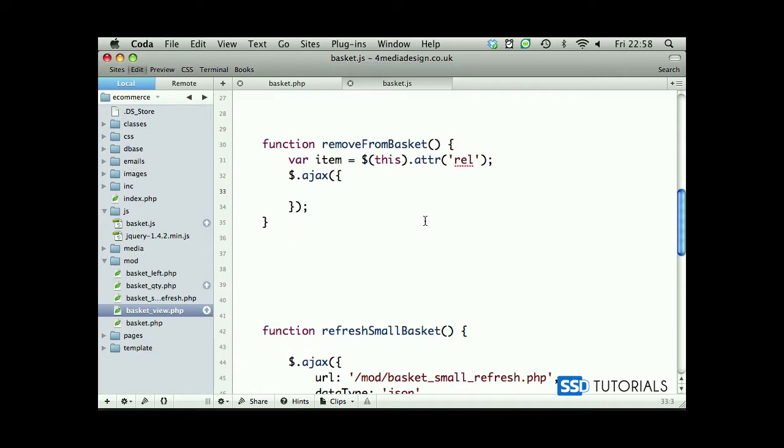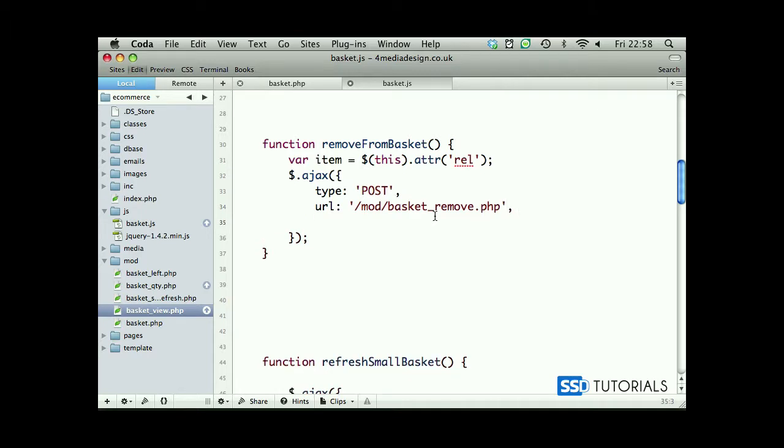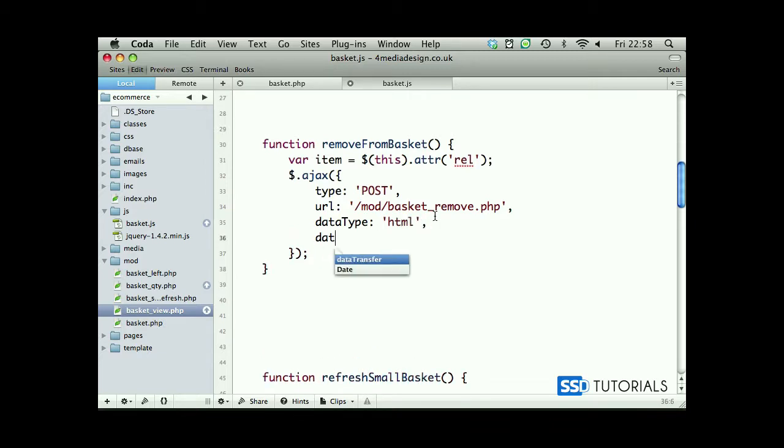Inside of this Ajax call we start with the type parameter, which will be post, comma URL, this time will be /mod/basket_remove.php, comma data type will be HTML, comma data we're passing ID, which will be item,